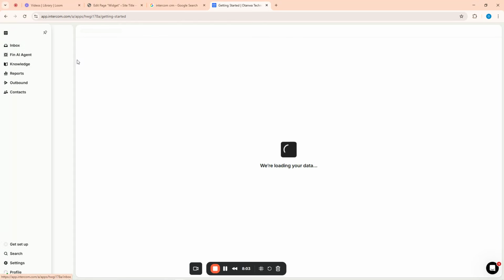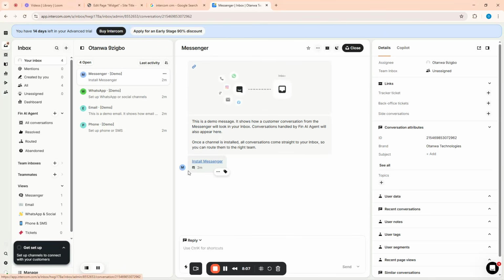Okay, remember that the purpose of Intercom is for us to be able to interact with our customers and provide them with support. Some of you are asking me, why are we doing all these tools? You are doing these tools because you want to work as a freelancer. And as a freelancer, you might be hired to manage a business's customer service. Okay? That can be a